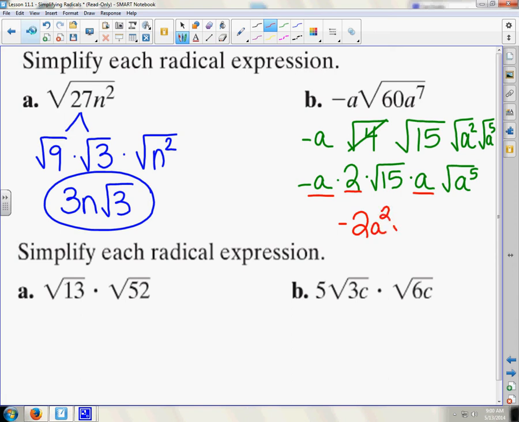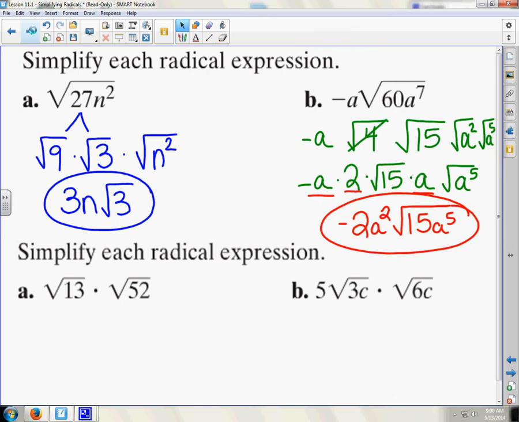And then you have under your radical 15a to the 5th. So kind of a crazy answer. Okay, next